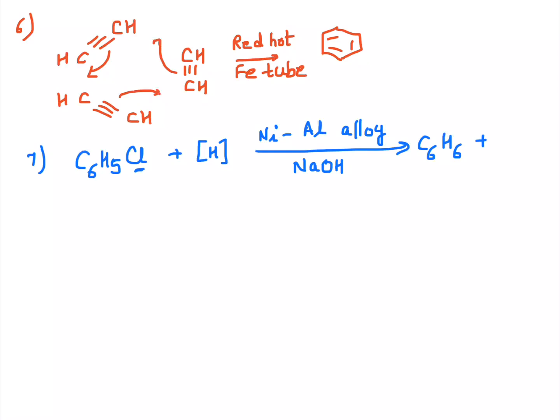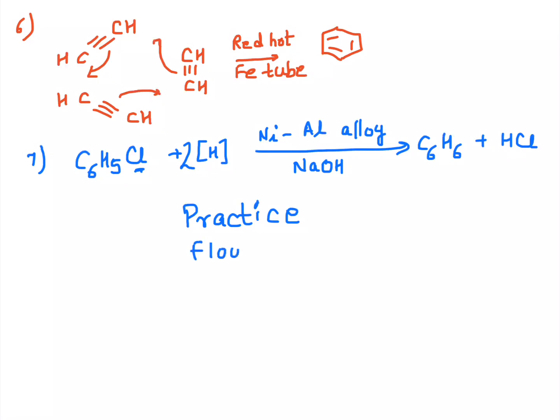Correct. So Cl has to go out, but Cl, can it exist independently? No, we need a hydrogen for it. So we have HCl as the byproduct of this reaction. What do you have to do now? Practice once again. It hardly took us 10 minutes to do all the reactions.